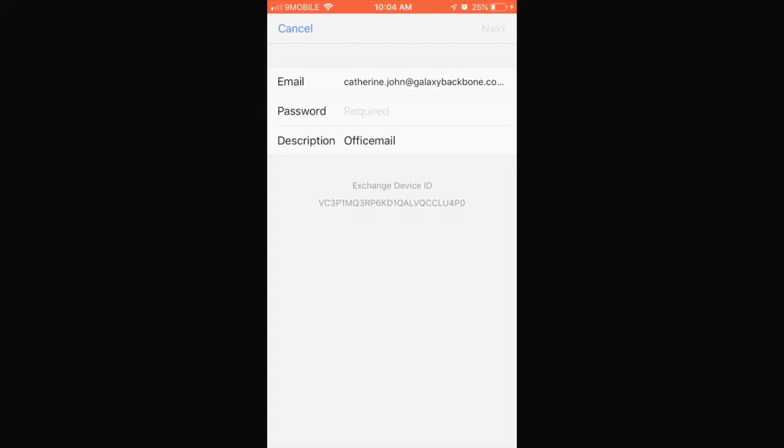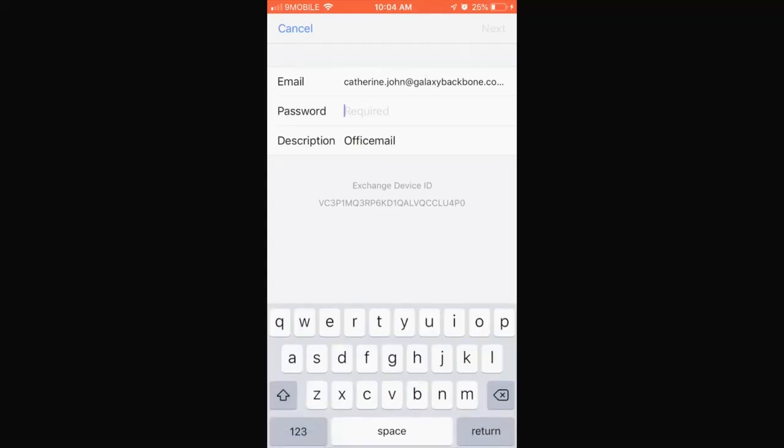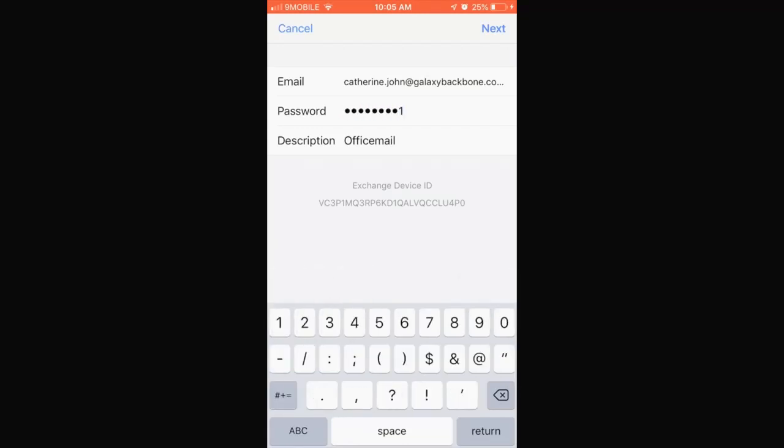So I click on Manual, and then I enter my password. Passwords are unique to the user, so you should have yours. And once that is done, I click Next on the top right corner,